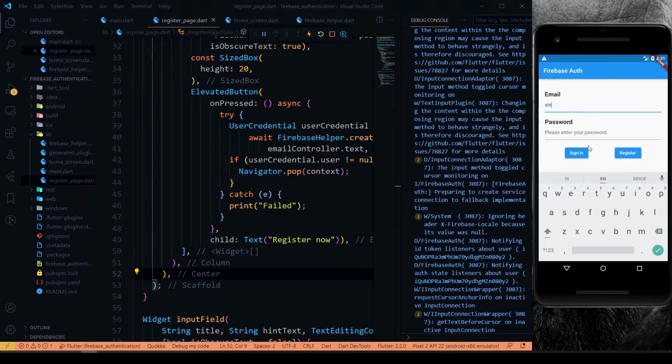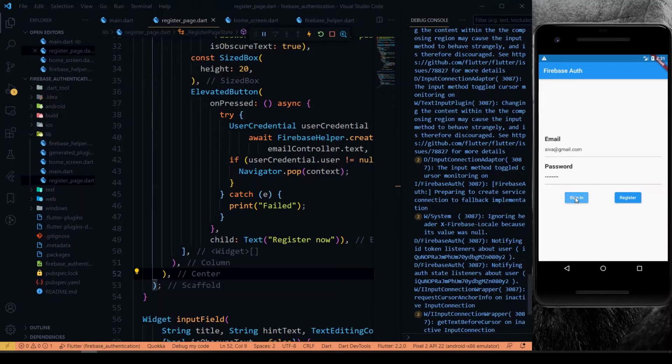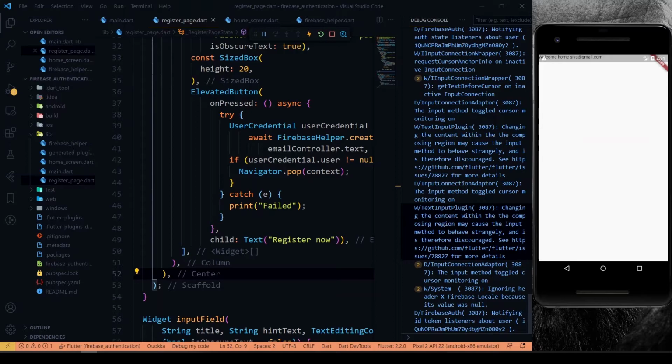You can log in with the user credential, siva@gmail.com, and password is password. If I hit the sign in button, you can see it navigates to our home screen.